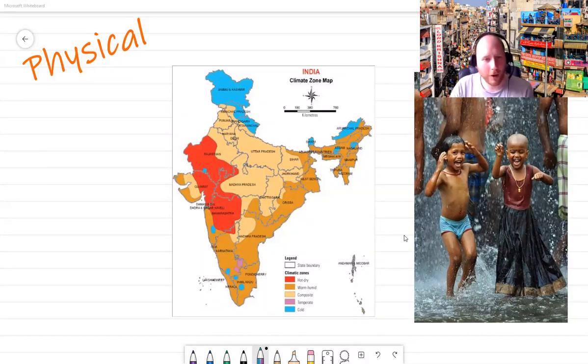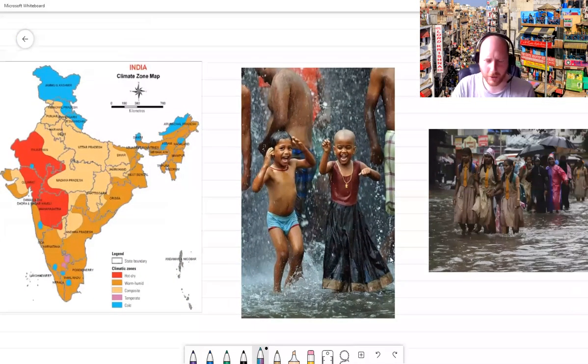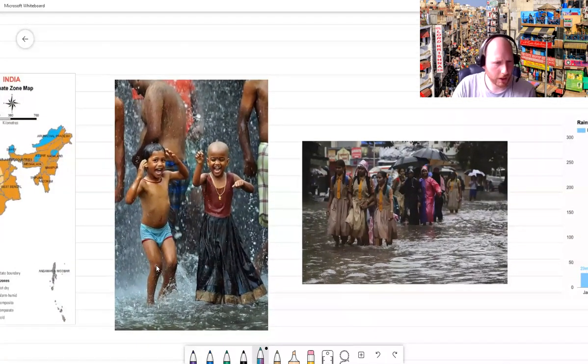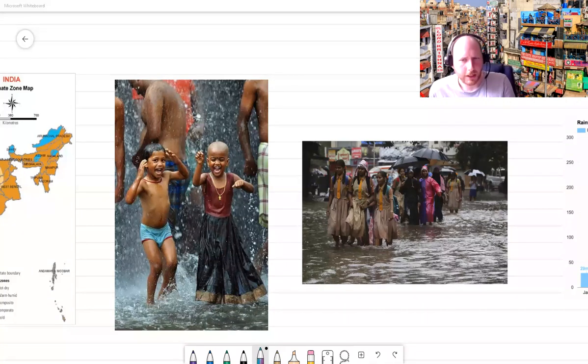Now, one of the interesting things about India and this part of the world in general, it's not just India, is something called the monsoon season. Now, in countries like the UK, we have 4 seasons. That's what people are used to generally: spring, summer, autumn, winter. In lots of parts of the world, it doesn't work like that. That's very much a seasonal balance that is kept in our part of the world. In India, or at least in southern India especially, we have something quite different, which is dry season followed by a monsoon season.